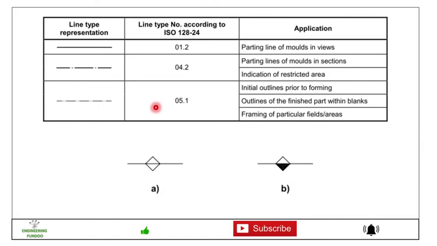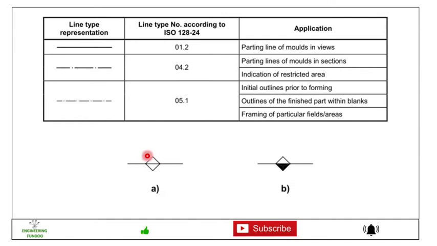Then this line is according to ISO 128-24, 05.1, and this is for the initial outline prior to forming, the outline of the finished part within blanks, and framing of particular fields or areas. Friends, these are the different line representations used in the drawing for indicating these applications.